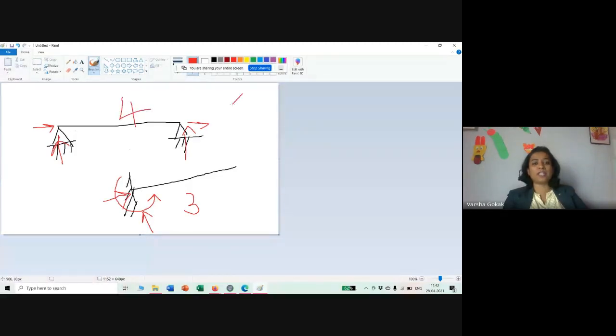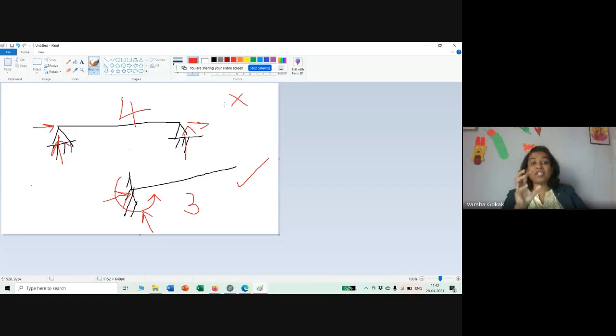In your strength of materials, we have not dealt with beams which have got 4 unknown reactions. We have always dealt with beams which have got 3 unknowns. Either a cantilever beam wherein there are only 3 direct reactions, or a beam which has a hinge and a roller. Hinge will have 2 and a roller will have 1. Or a roller and a roller where the total number of reactions is 2. So we have dealt with all those.